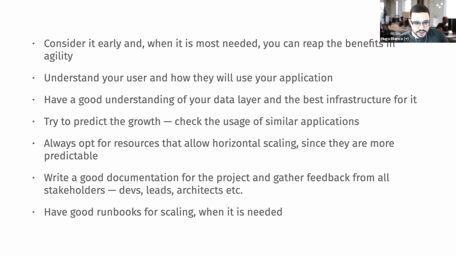so you'll understand what the technical decisions were and why the team took them. Also have good runbooks for scaling. If you understand that for some reason your resources are not that easy to scale and cannot be scaled automatically, it's really good to have runbooks for scaling, because you communicate to more people how to scale your resource, or maybe how to scale your code, your architecture. So not only for resources, but all the parts that interact with your software.